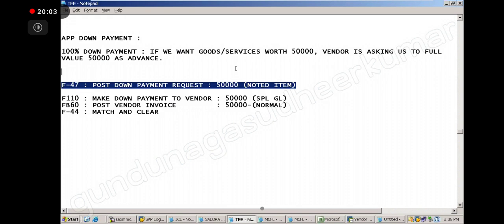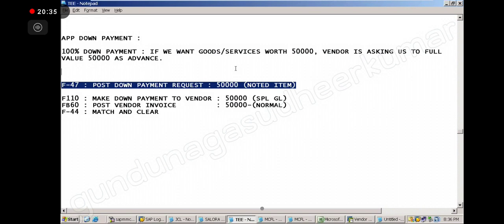Sir, repeat again, sir. The down payment requests are posted on several days, several times by the lower level people. They will say this vendor asked, that vendor asked, this much advance he asked. All those requests will be posted by the lower level accountant and reflected in the noted item. Then a higher level person, like a finance manager, will do the payment run.